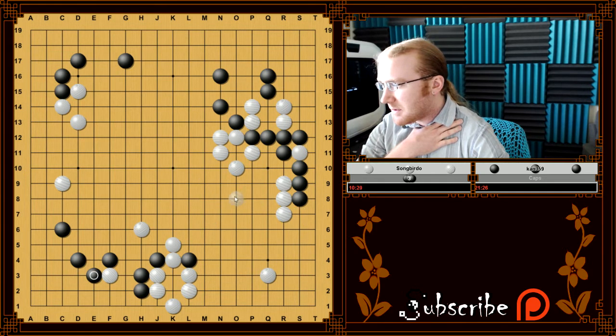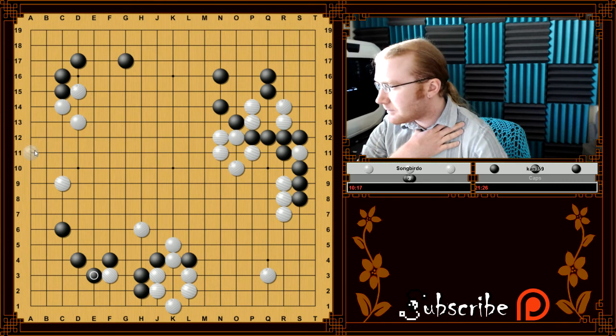I am kind of worried about some sort of invasion in here. It's kind of annoying, like him poking through here or something. Turning here is pretty big. It gives up sente, though. I can live in the corner in gote. This is probably going to be fine like that, and I don't know how to deal with this. So I think before I invade the corner, I need to do this, because this does threaten to